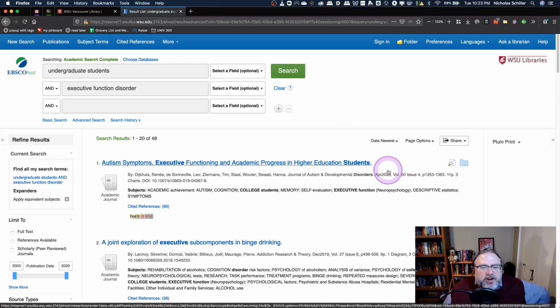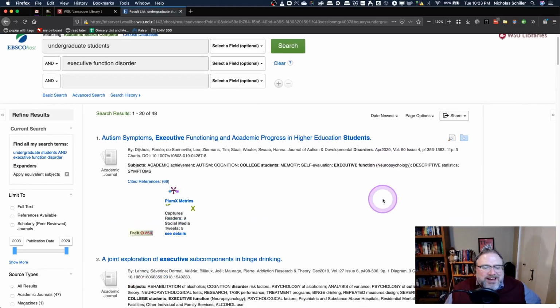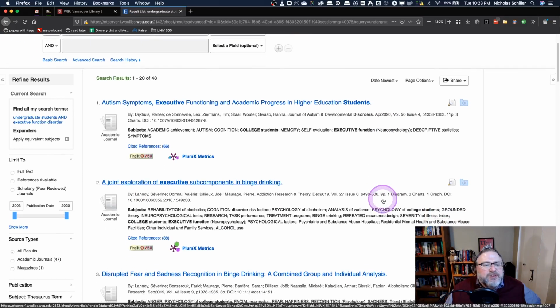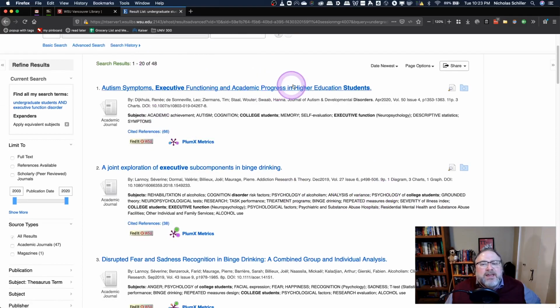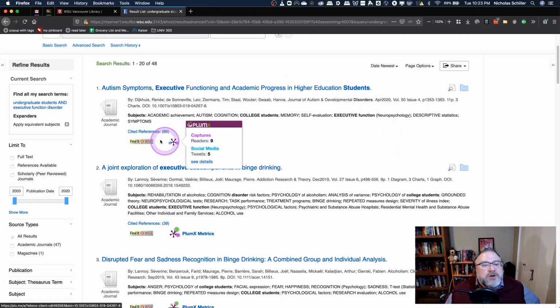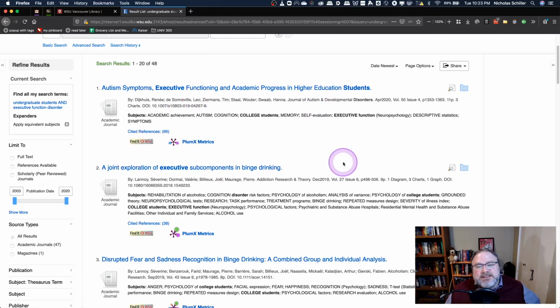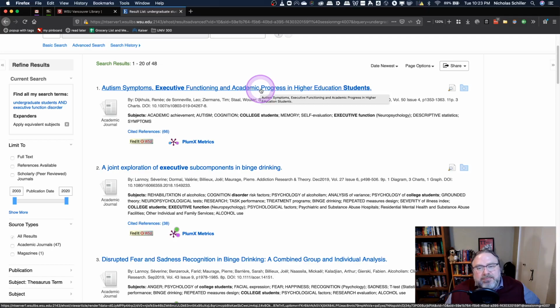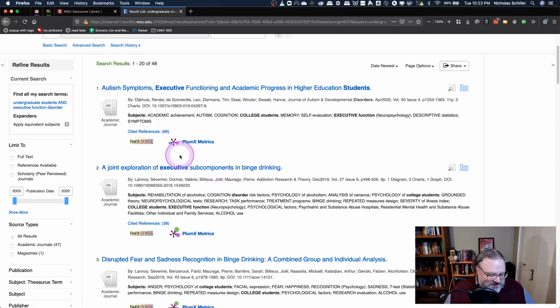As the search is running, we'll see our results, and I kind of like the titles that we're getting. They look like they're going to be useful. But of course, as we look at it, we don't see a link to the article itself or the PDF. We could click on this link at the top to get a little more information, but we're not going to find the PDF here. If you find yourself in this position, what we want to use is this Find It